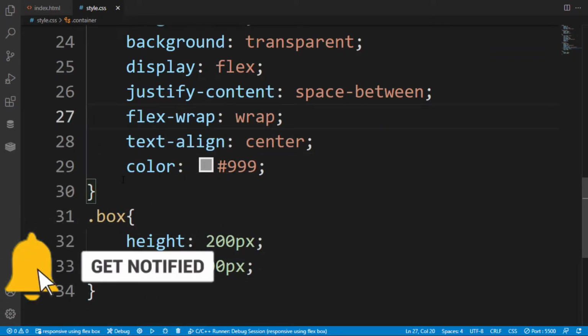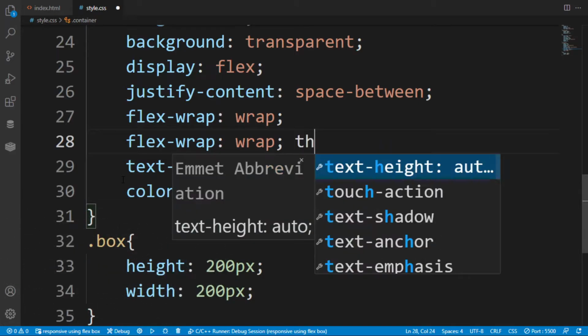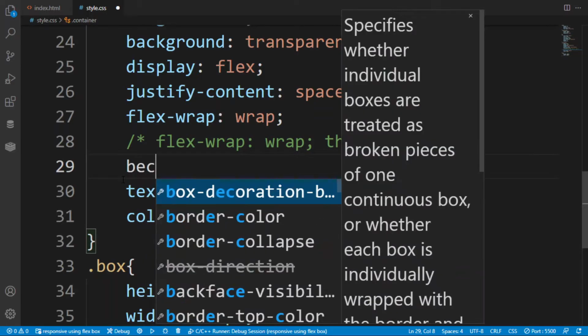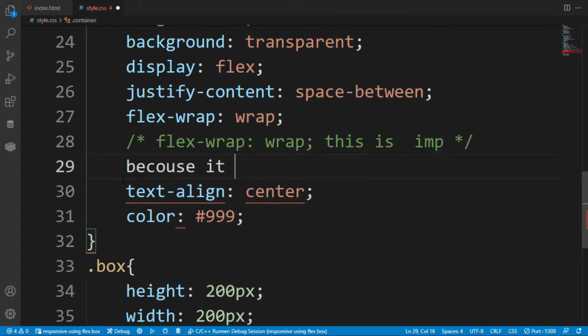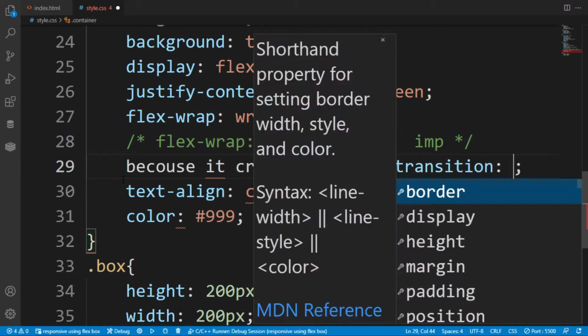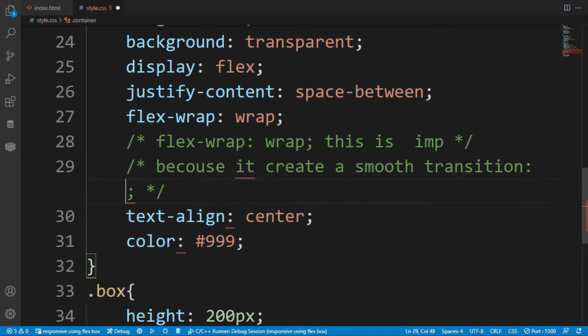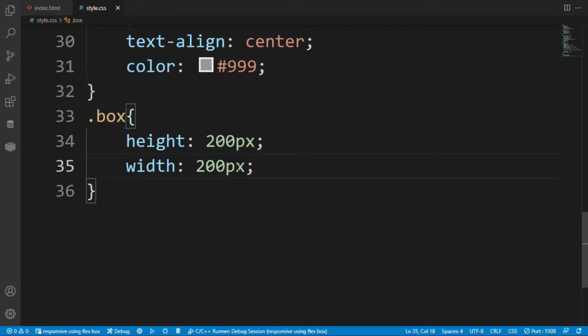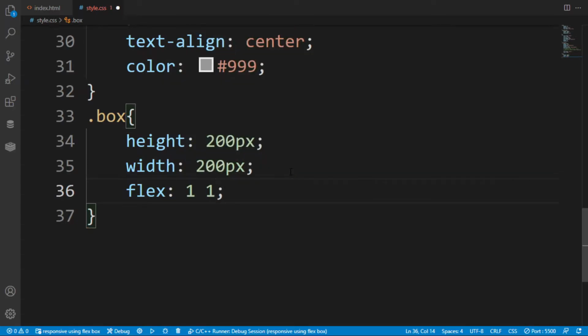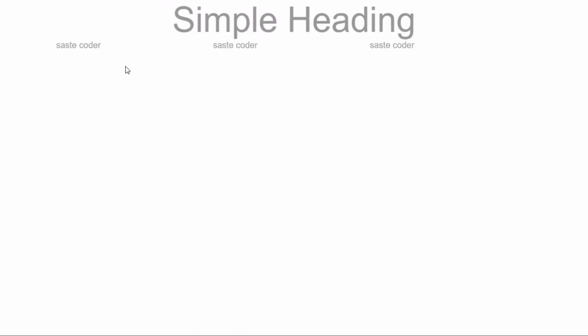And here I am using the property of flex-wrap in the main parent of class container. So this is important, because if you do not put this, then there will be no transition when you shrink the width of the div; with it, they will have a smooth transition of overlapping. So this is the thing that you have to remember. After this we are going to use a property named flex, sorry, and here in this I am giving flex-grow of 1 and flex-shrink of 1, and the width will be 200 pixels. So remove this width because we have already put it in.